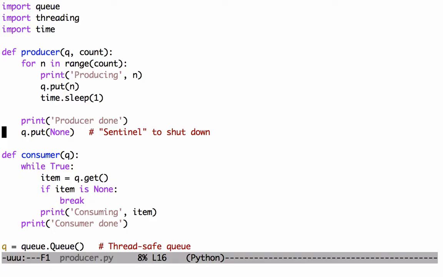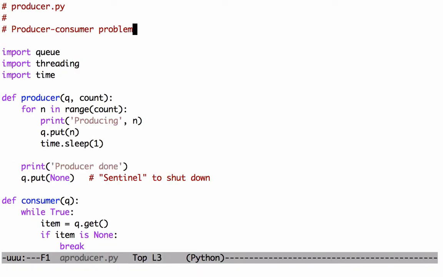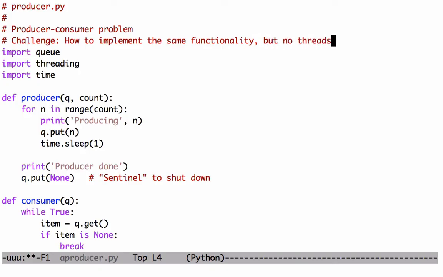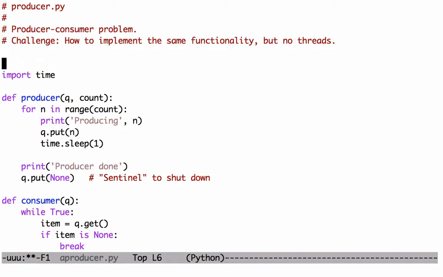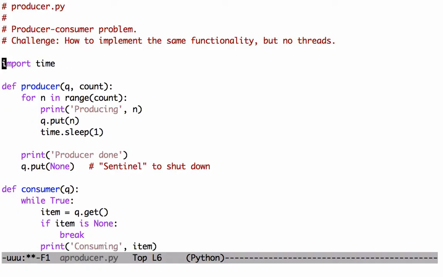So let me write this to a file. I'll call this a producer for the async version of this. And the challenge is how to implement the same functionality but no threads. How would you do that? So we're not allowed to use the queuing module, we're not allowed to use the threading module, anything like that. Instead, we have to use this scheduler